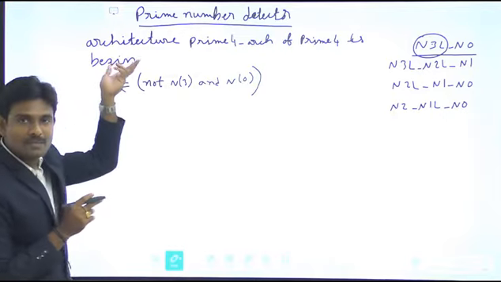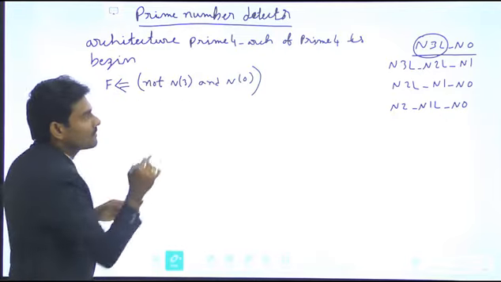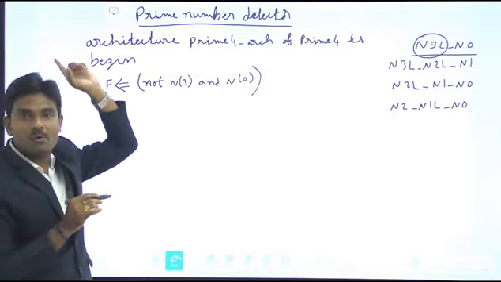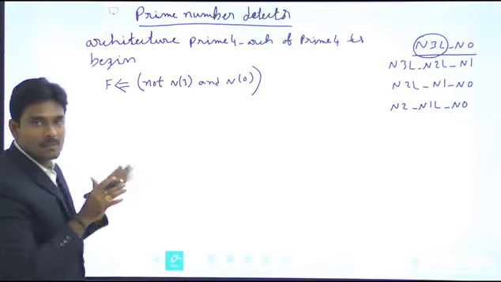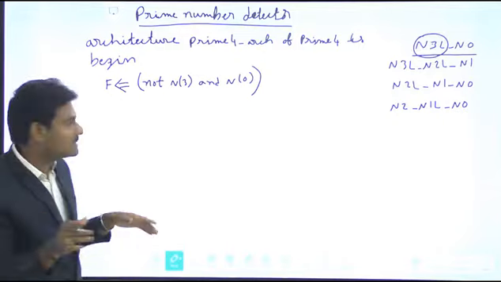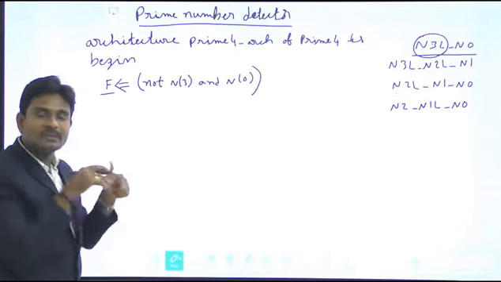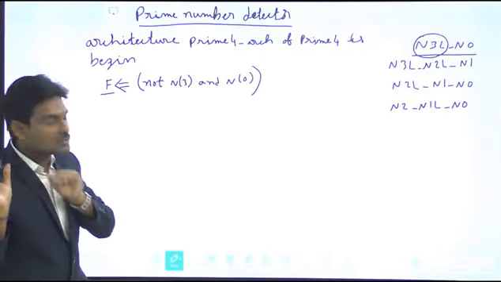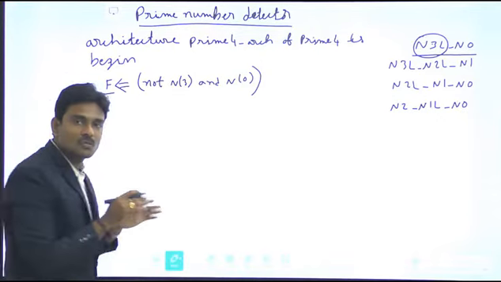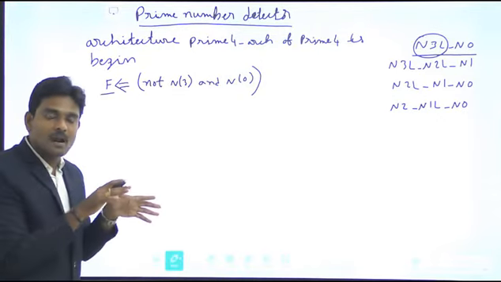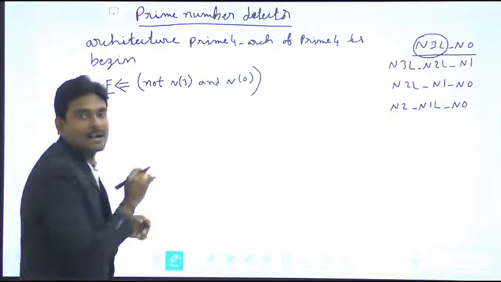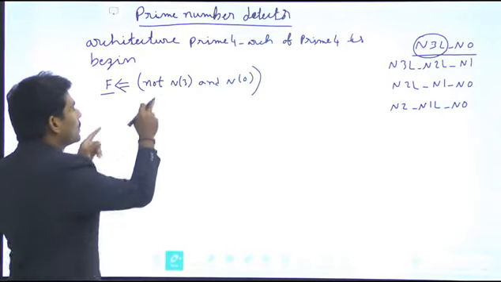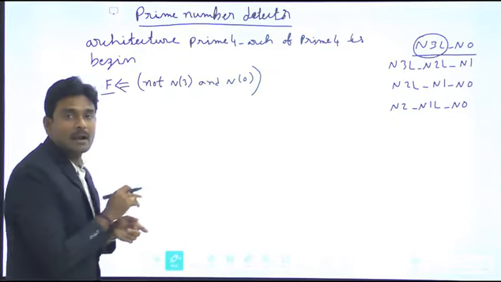Here I am not describing it like before. If you compare with the previous one, instead of not of n3 I mentioned n3 underscore l over there, because there I considered the intermediate signals. But here I am not going to consider any intermediate signals. Here I am describing the output with respect to inputs only. So while I am mentioning those inputs, all the operations I applied on those inputs to get this particular output must be described over here. So not n of 3 and n of 0.